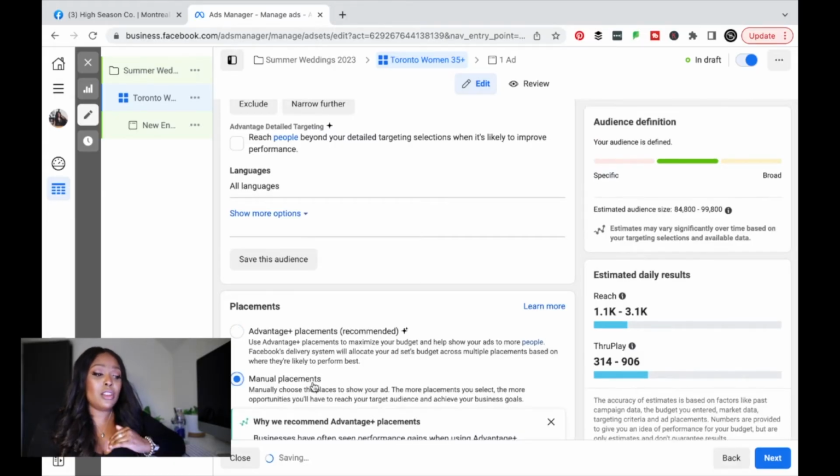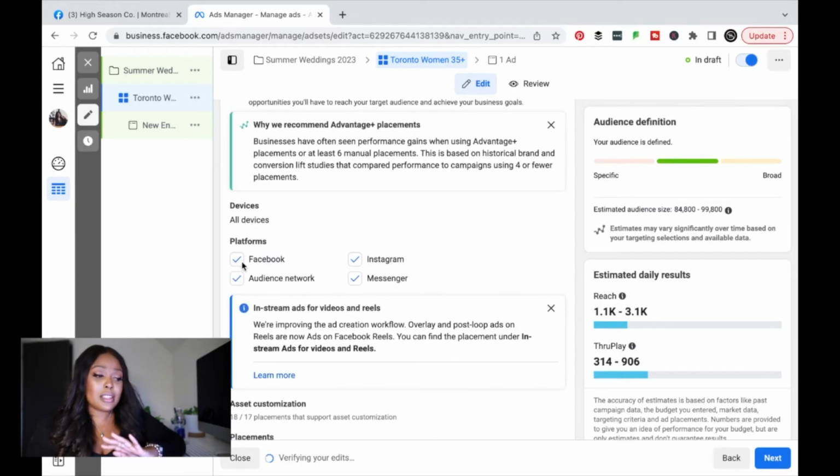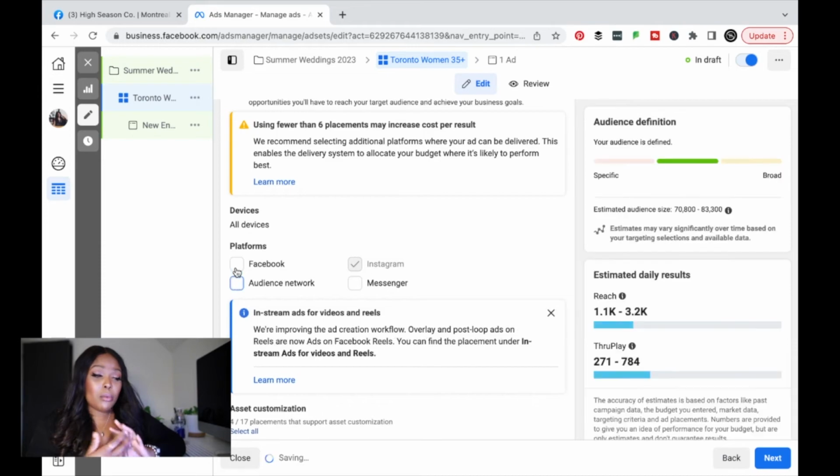So if I knew, and what we talked about here is that I'm specifically running an ad on Instagram, I'm actually going to unselect everything that is not an Instagram product here. Now, in most instances, if I wasn't running something that's Instagram specific, a lot of our clients are across all platforms, so I would let this run across the board and then let Meta tell me